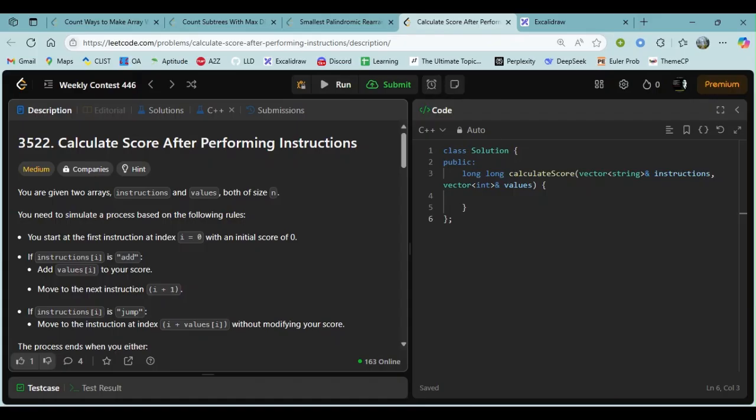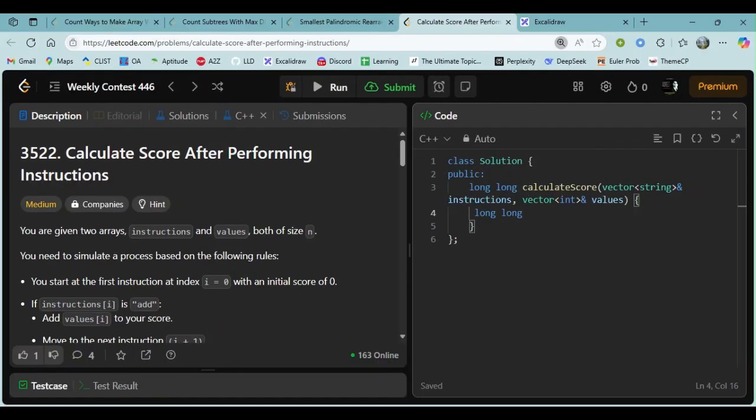Okay, let's try to code it. So we will take long value equals to 0, and int i equals to 0. We also take a visited array.